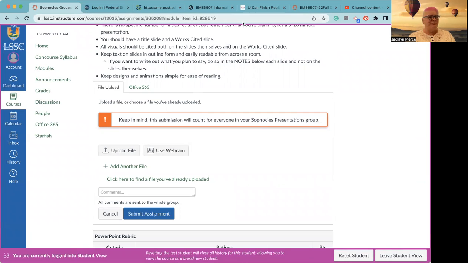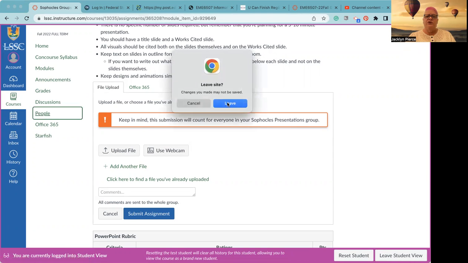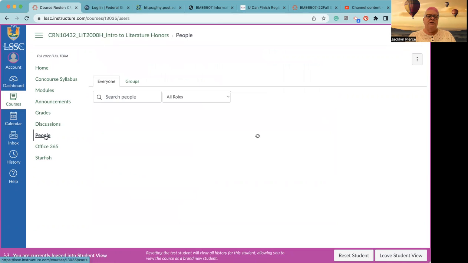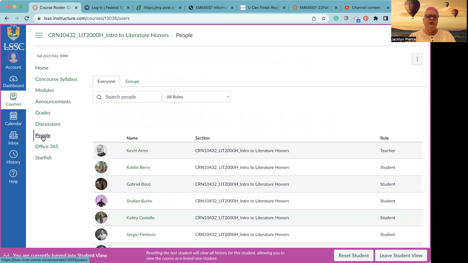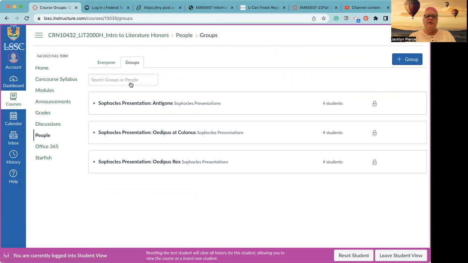I haven't had anybody report that you are having trouble contacting each other. So the groups are working in order to find your groups and to contact each other, of course, under People. The Sophocles groups are assigned here and you're equally divided. There's exactly 4 of you in each one.